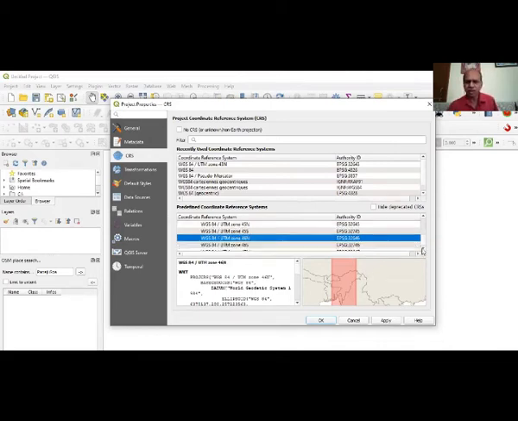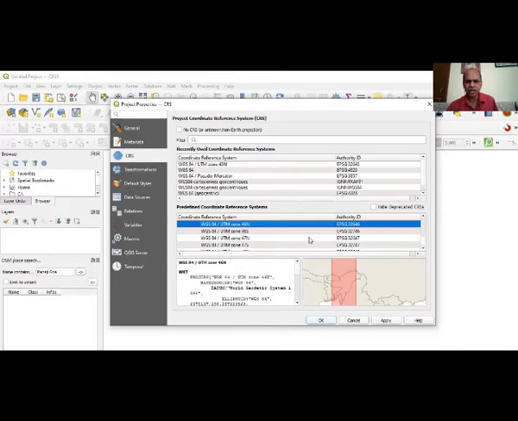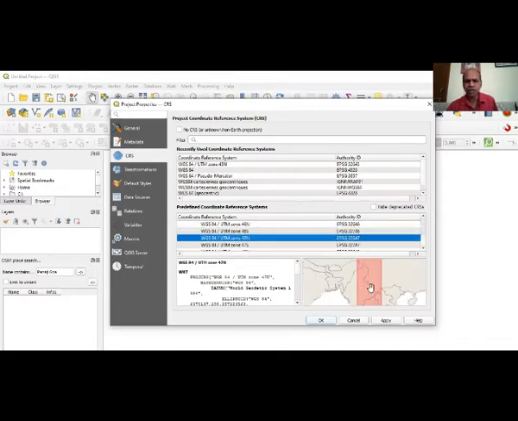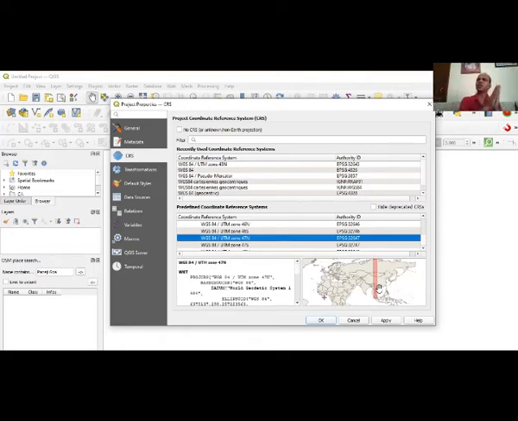So if anybody is working in that area, he is expected to take WGS84 UTM zone 47 north. I hope each one of you got this, because the whole world is divided into 60 UTM zones, and India comes completely, starting from Gujarat up to Arunachal Pradesh, in about 6 different UTM zones, starting from 42, then 43, 44, 45, 46, and 47. So in those zones, the whole longitudinal extent of India is covered.